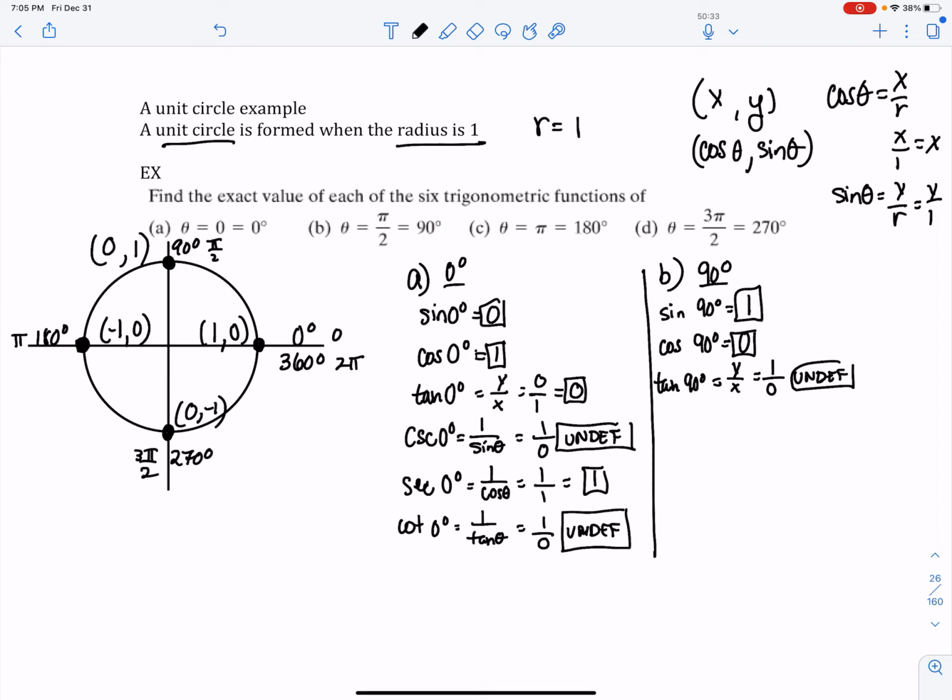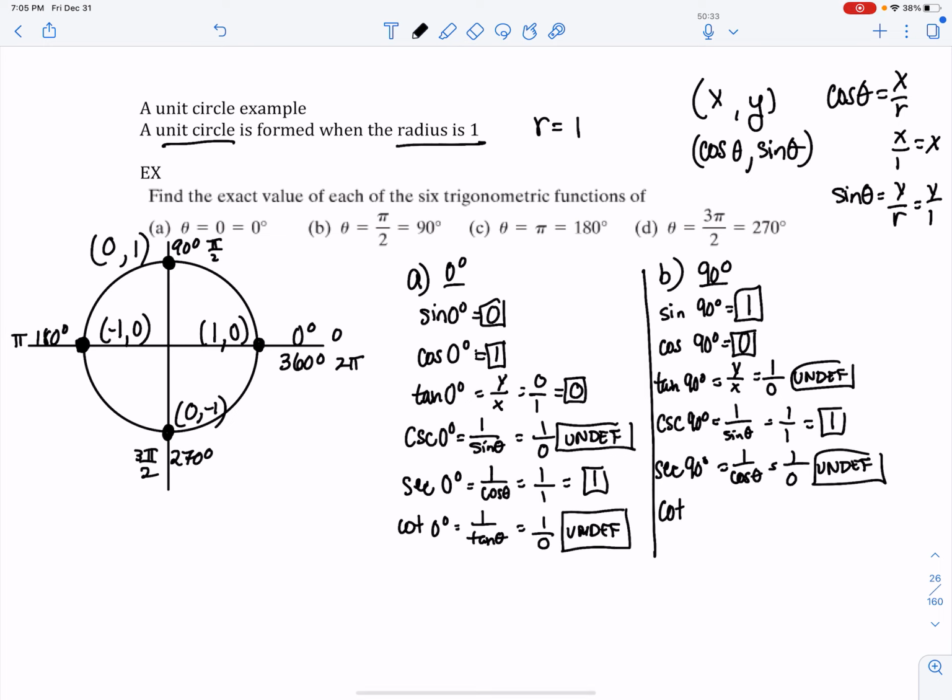Okay, now for the reciprocals. The reciprocal of sine is cosecant. So basically, I am taking 1 over my sine values. So 1 over the sine value is 1 over 1, which is 1. Secant of 90 degrees, I'm taking 1 over my cosine value. So I get 1 over 0, which is undefined. And cotangent, remember, is 1 over tangent. So if I'm looking for cotangent of 90 degrees, I'm getting 1 over my tangent value, which is